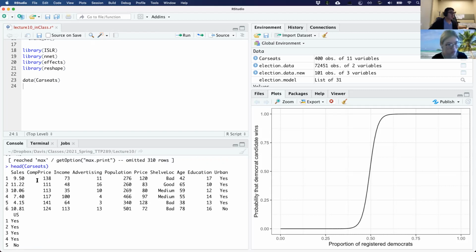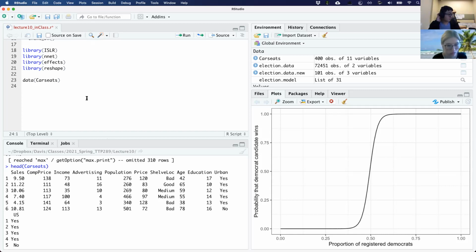Here's an example. It's got sales, price, income, advertising, population, competitor price, shelf location, age, education. This is looking at the sales data of baby car seats and individual purchases with attributes about the consumer.